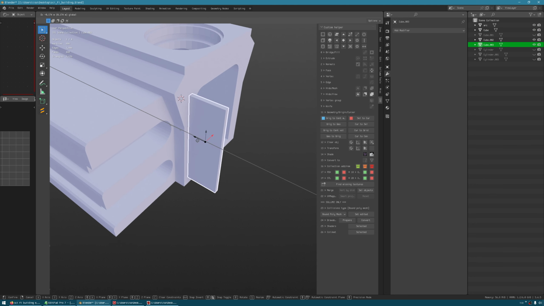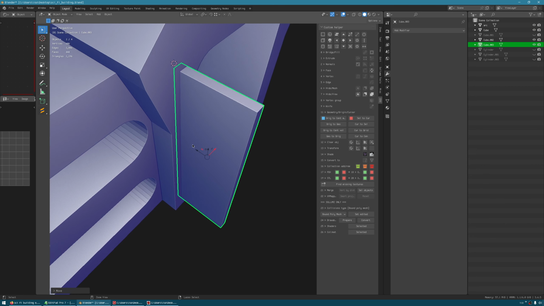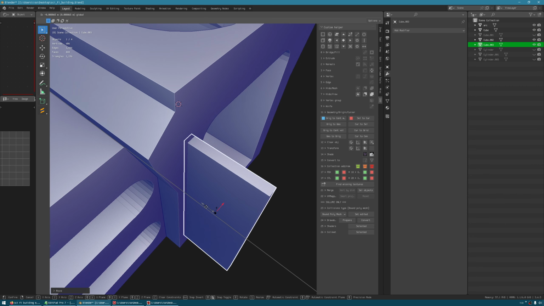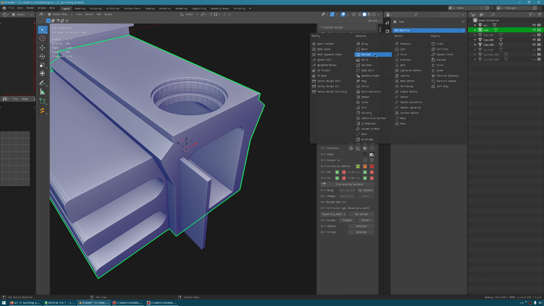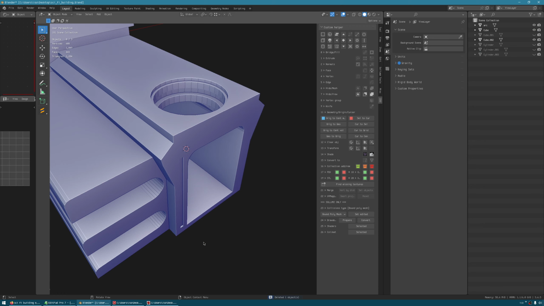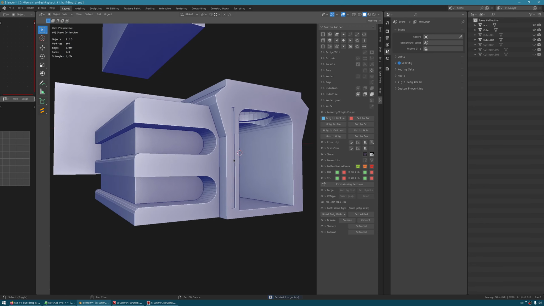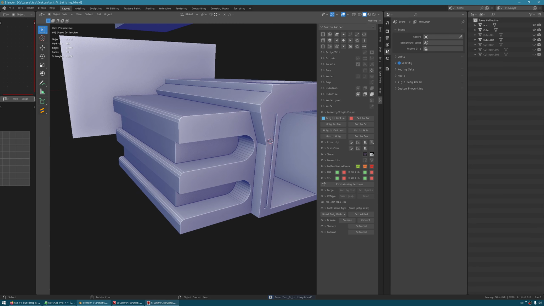Yeah, let's cut this off first. Like that. Then bevel, boolean, apply, and delete. So the stairs are